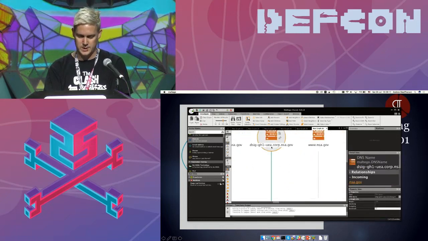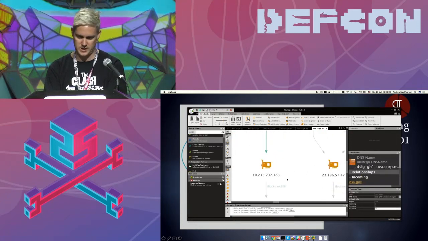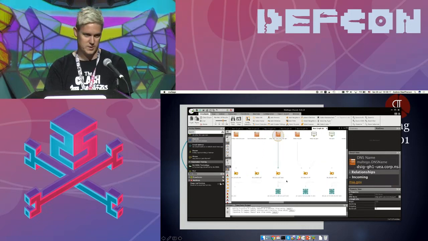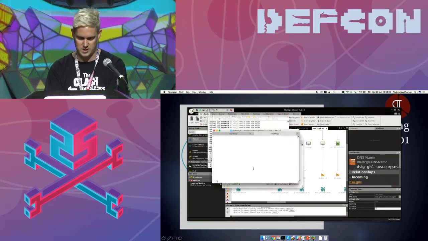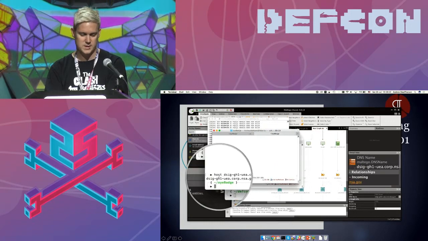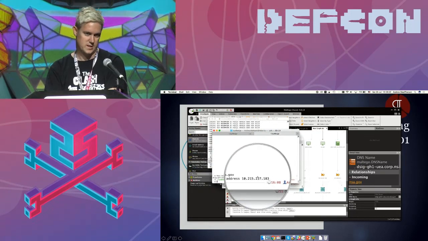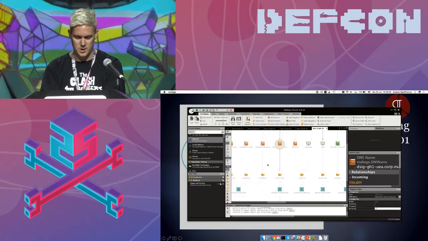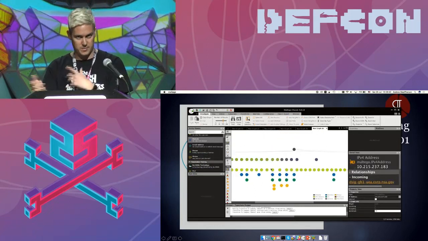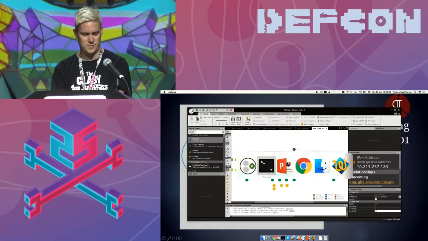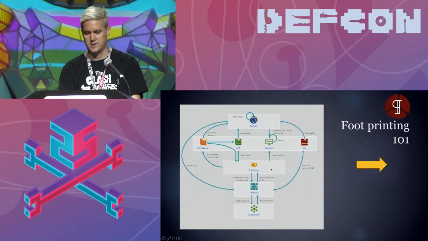This is a more interesting one. Some DNS name at NSA.gov resolves to a telnet address, an internal IP address, probably a misconfigured DNS name. And if I look it up, it still has that address, so that's currently live. Maltego is really good at being able to do this quickly. So that was a basic forward footprint, done in a few minutes.